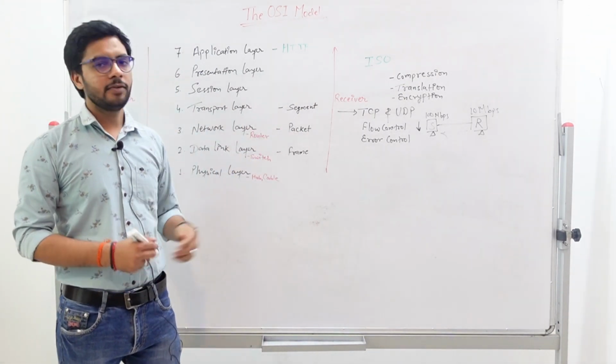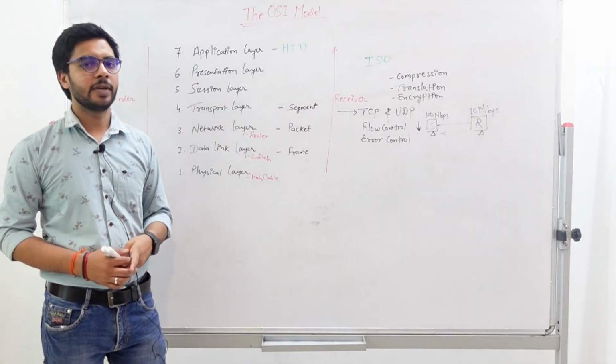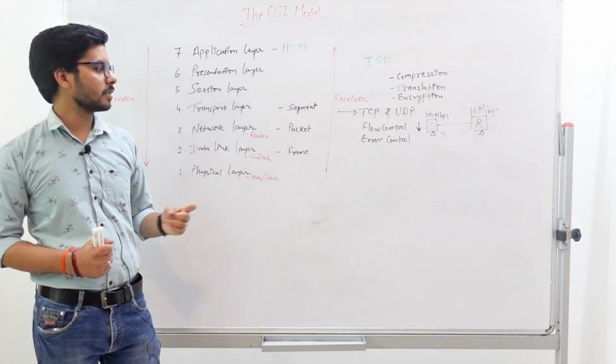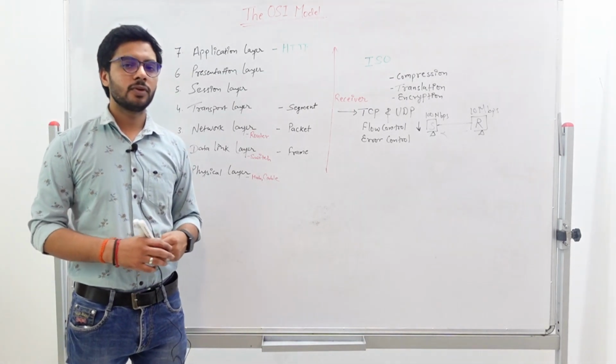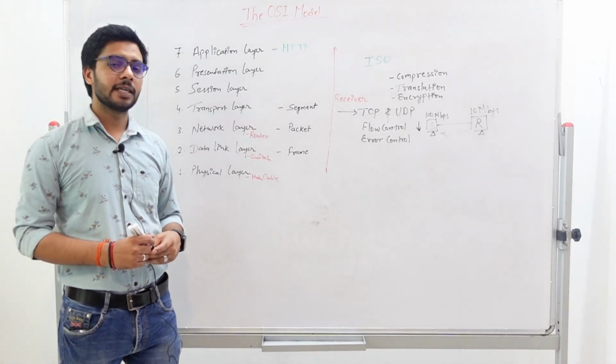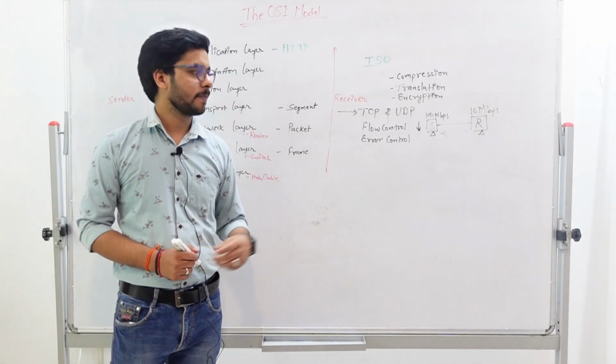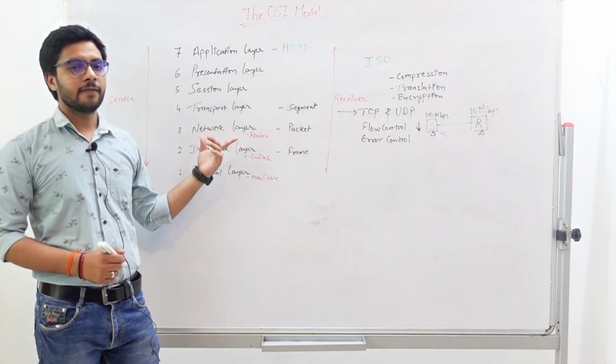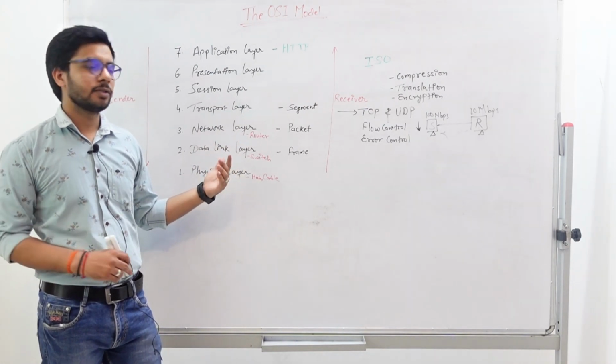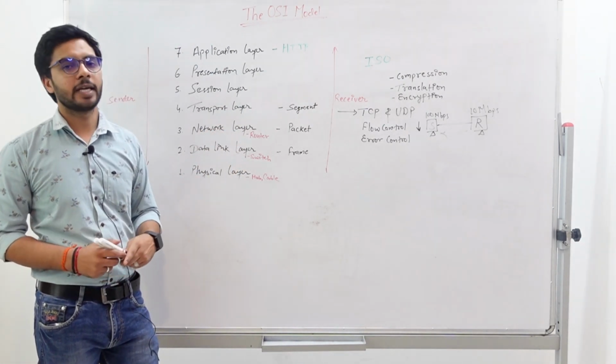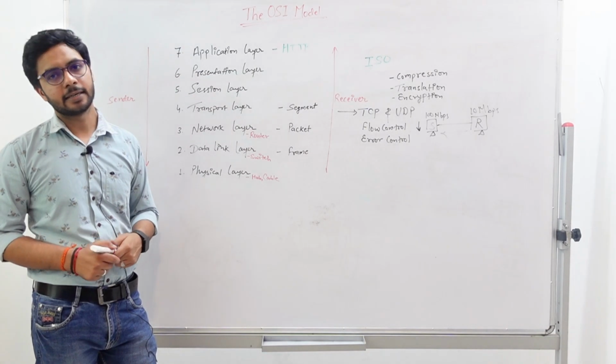And then second, we said that it is going to provide communication between two different networks. And then also it is going to find the best physical path for data transmission. Your network layer is responsible if we have a source and a destination. So your network layer is responsible for finding the best physical path for data transmission.